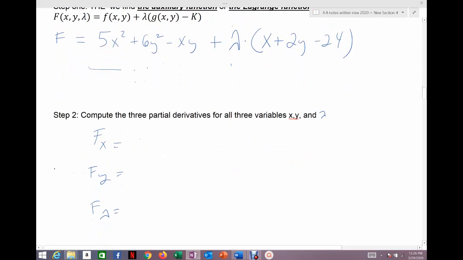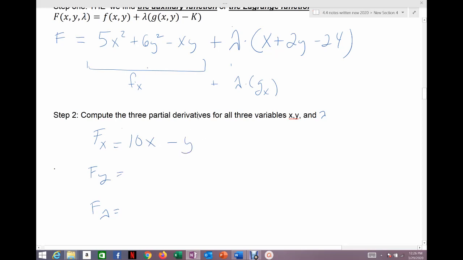Alright, the first step is I take the derivative of the original, right? This is the piece of the original, f sub x. Then I'll add to it lambda times the derivative of the constraint with respect to x, right? Because I'm looking at the x direction. So the derivative of the first piece with respect to x, well, there's two x terms, so I get 10x